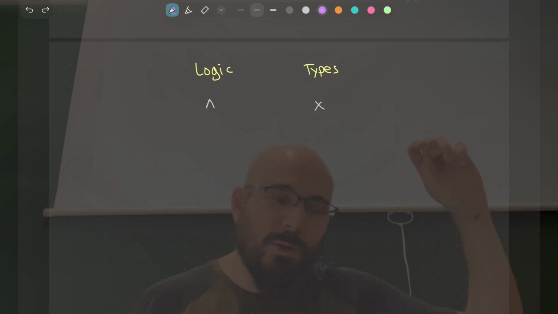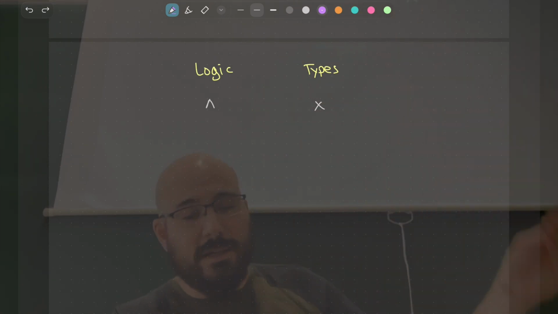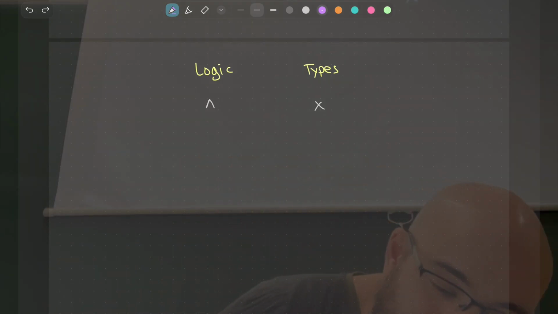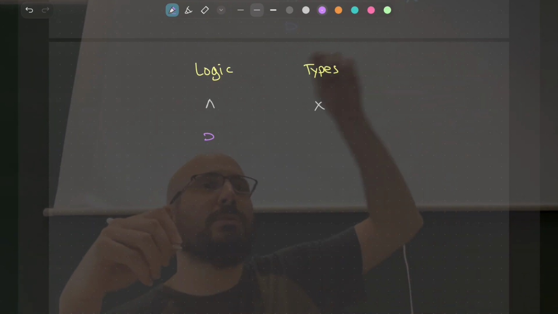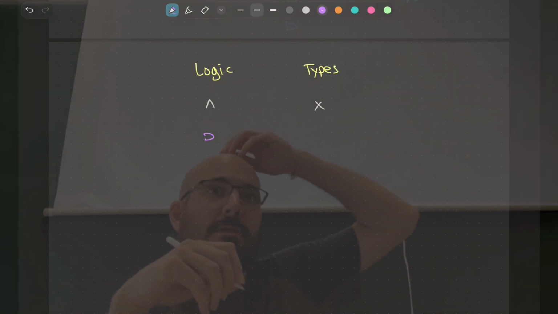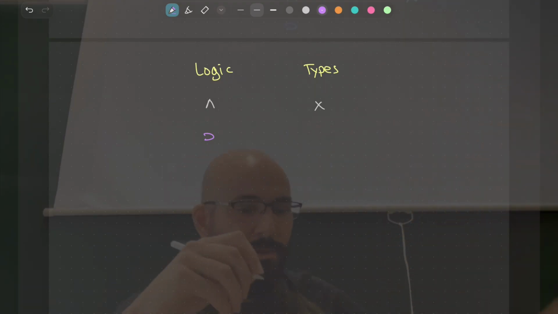So at this moment, you might say, okay, I have conjunction, and in the types I have the product. In logic, I have implication as well, right? And then you wonder, do I have a corresponding concept in the types? Yes, the function type.